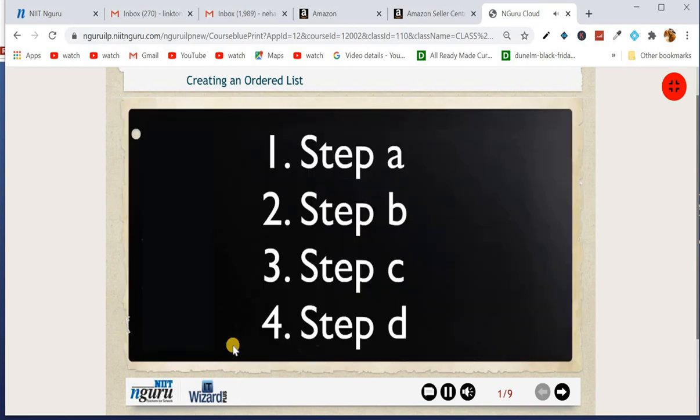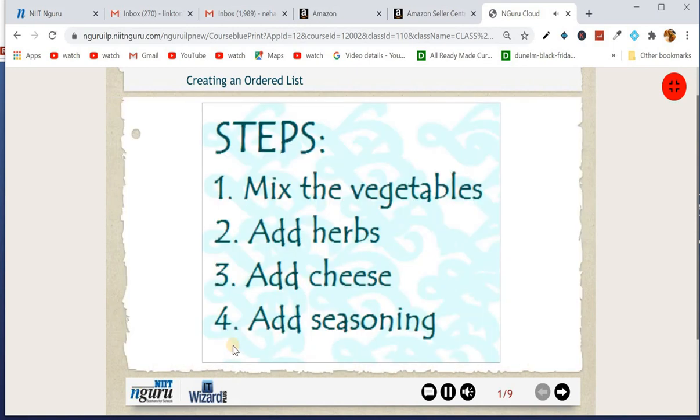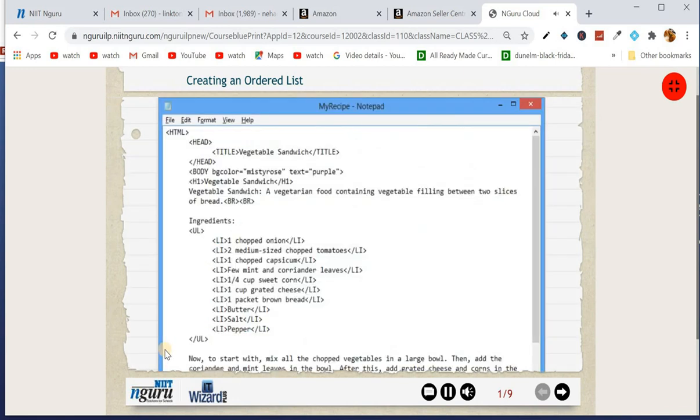Putting the steps in a list will make it more readable and easier to follow. To create a numbered list of the steps for making the sandwich, you need to represent the steps in the form of an ordered or sequential list. To do this, ensure that the myrecipe.html file is open in Notepad.